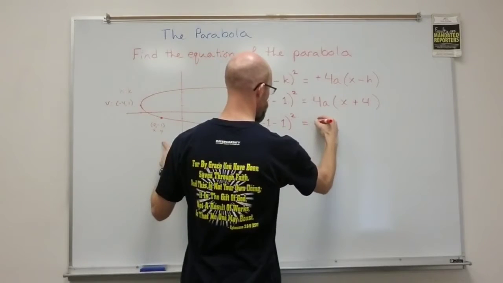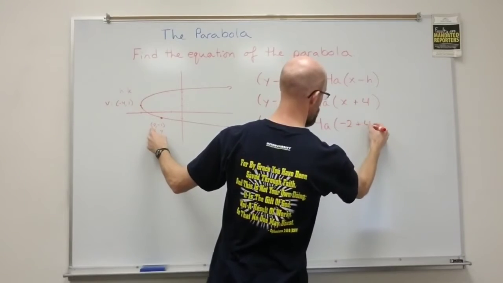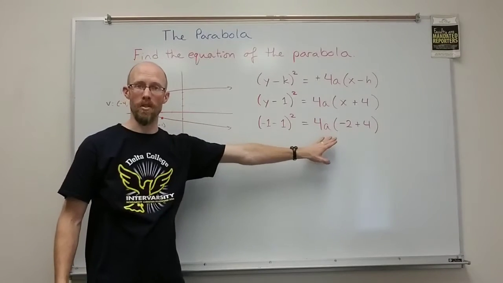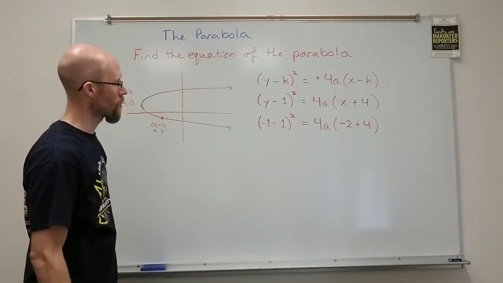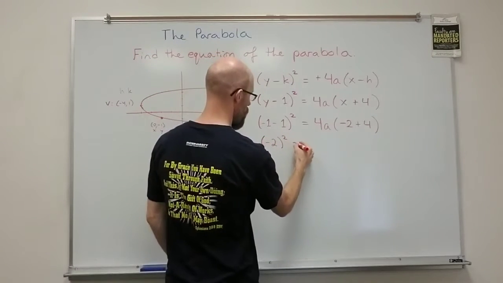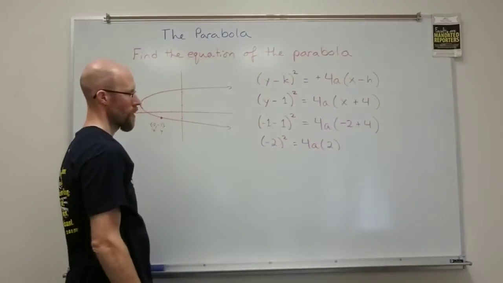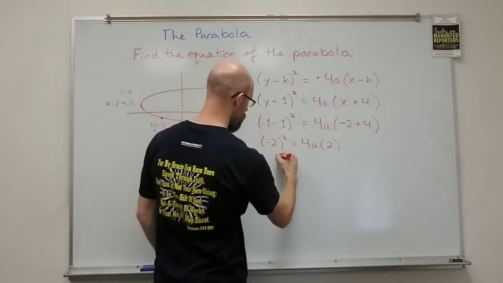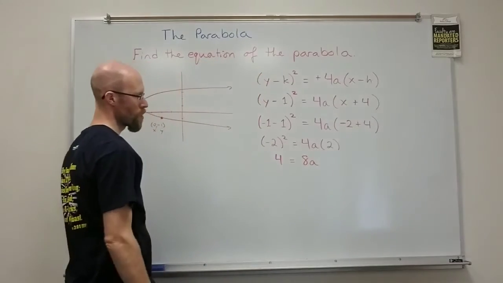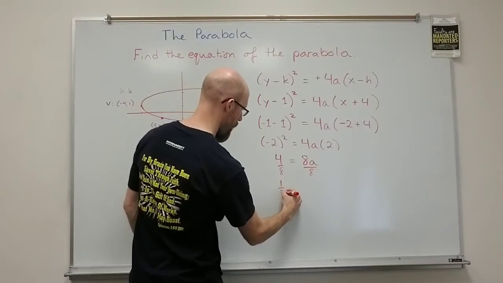equals 4a times, and then I put a -2 in for the x. A is the only variable left. I can solve for that, and that will give me everything I need for this equation. Let's see, this gives me -2 squared equals 4a times, that's 2. -2 squared is 4. 4 times 2 is 8. So it's 4 equals 8a, and of course if you divide both sides by the 8, you get 1/2 as